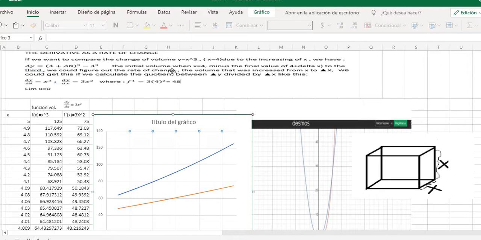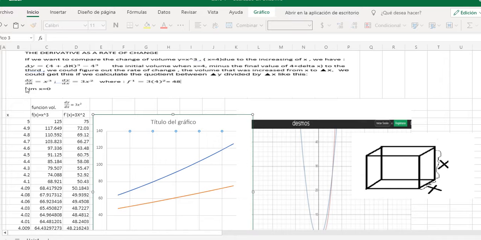and then minus 4 minus the initial value that we have. The initial volume when x is equal 4 minus the final value of 4 plus delta x to the third power. And what we have here is the rate of change, the volume that was increased from x to delta x,